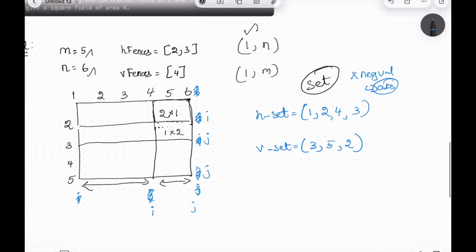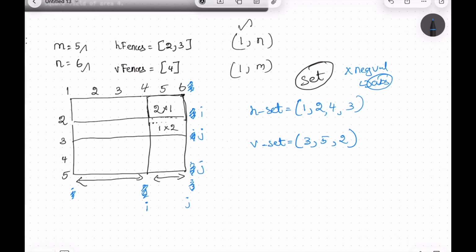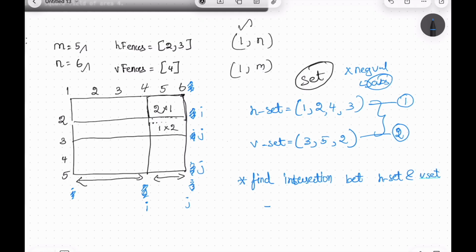So now you have to find the common value between these two, right? Let us name these equation 1 and equation 2. Now we have to find the intersection between these two, the H set and the V set. So we get as a result 2 and 3, right? And we have to find the maximum among these,